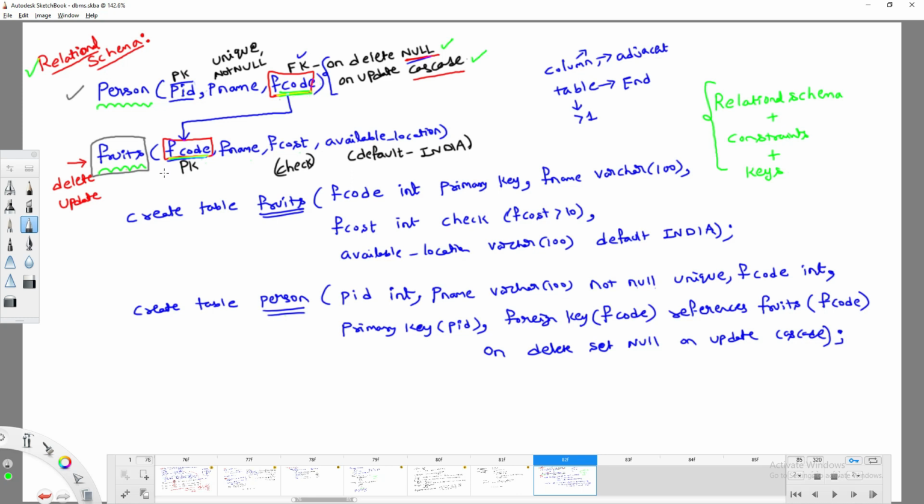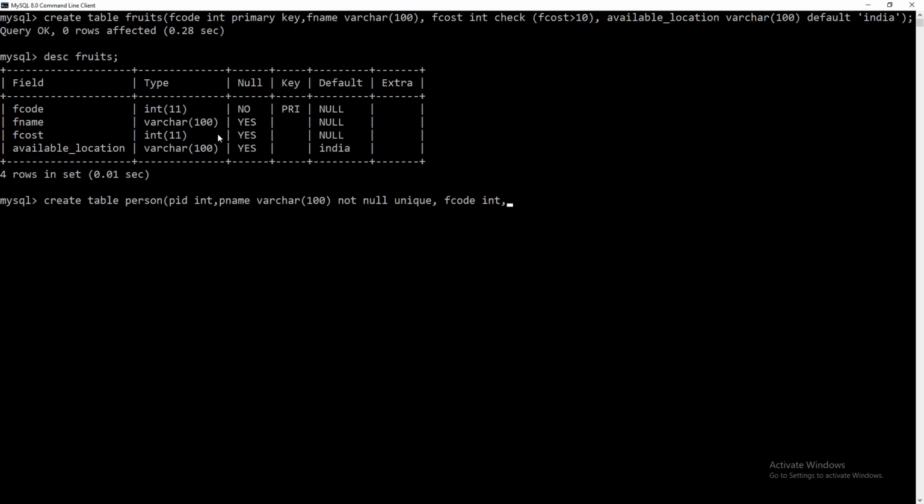Now I need to make a reference to the fruits table. So what I can do now is first create the primary key for the present table. What is the primary key for the present table? PID. I have created the primary key. Now let's create the foreign key. Foreign key means you have to use the keyword FOREIGN KEY of, what is the foreign key of the present table? F code. F code is a foreign key which I am going to